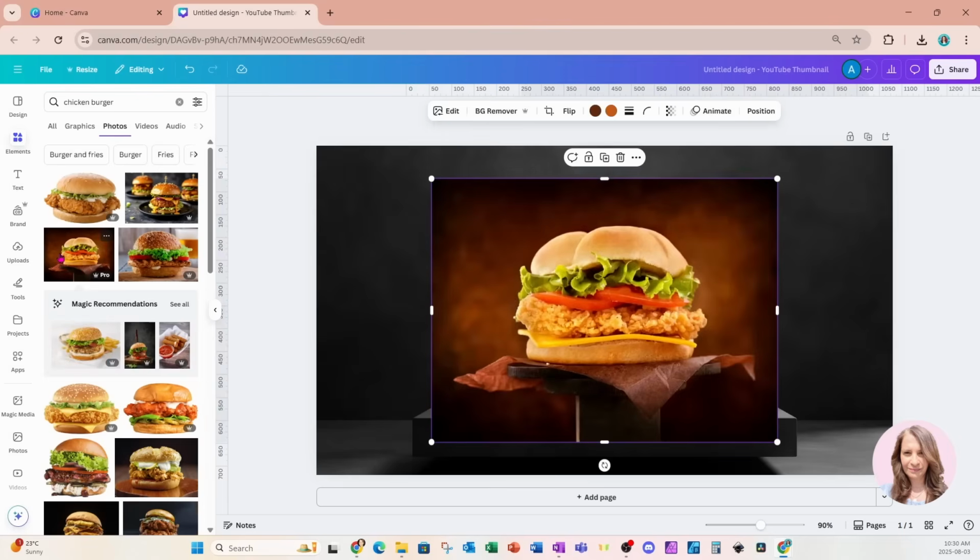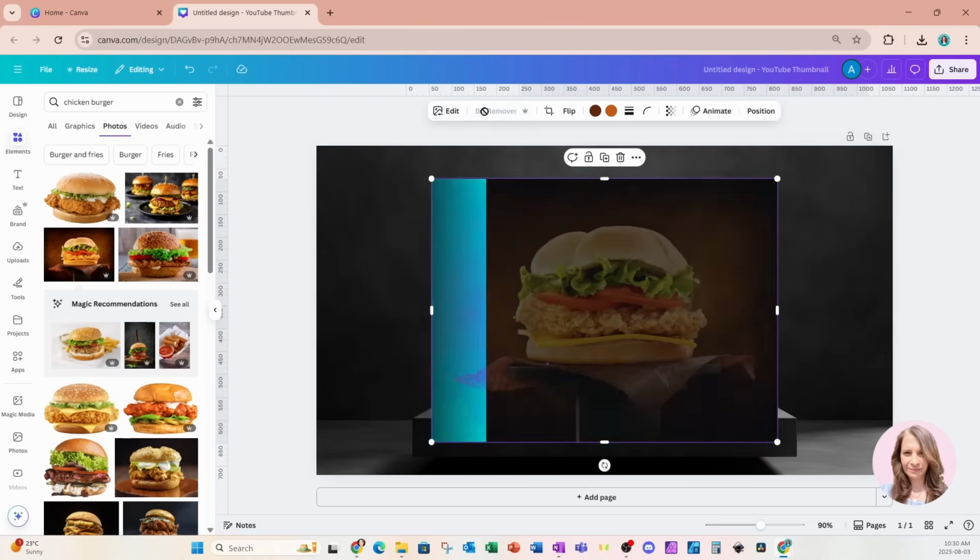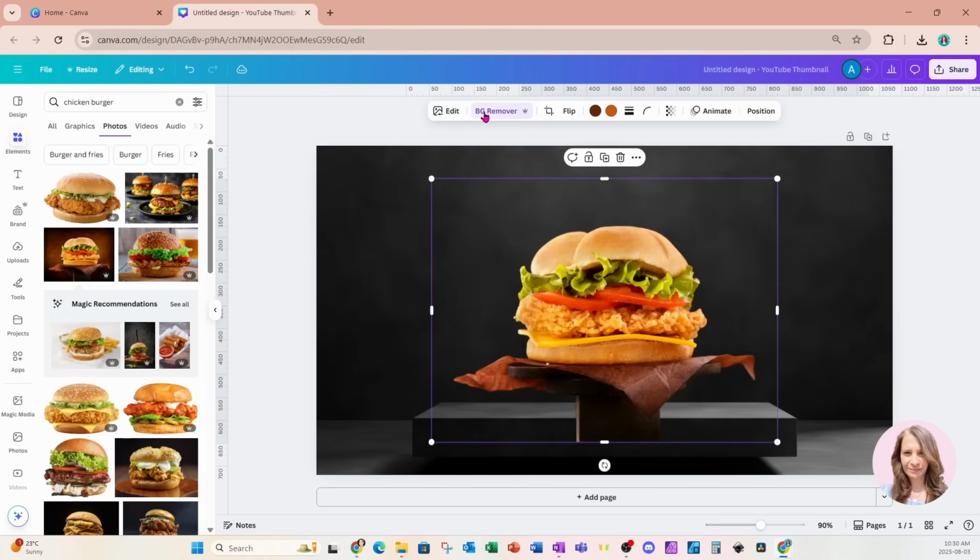So this is the one that I'm going to use. I don't need the background on this, so I'm just going to remove the background. You can certainly keep the background if you want to use this one for sure. Now we can see from removing the background that it kept the pedestal on the burger, and I really don't